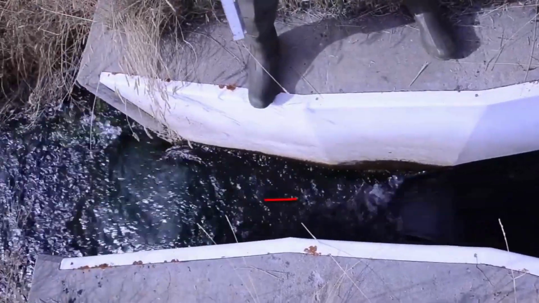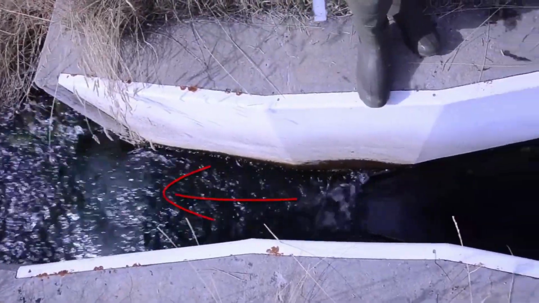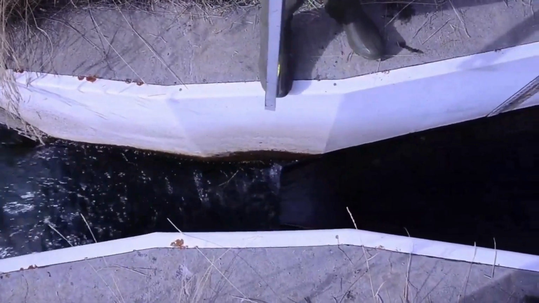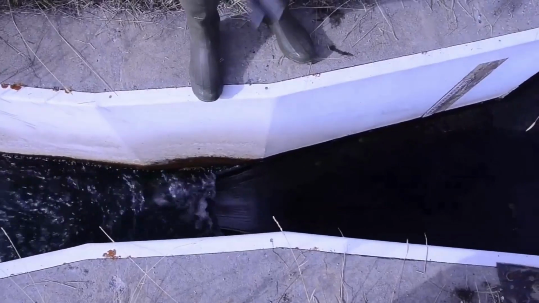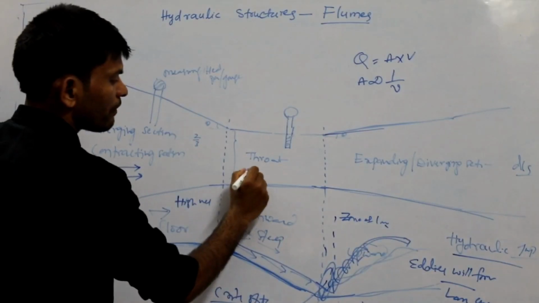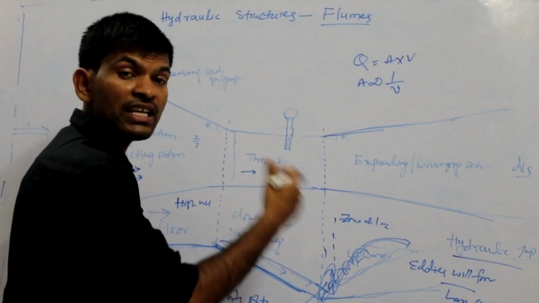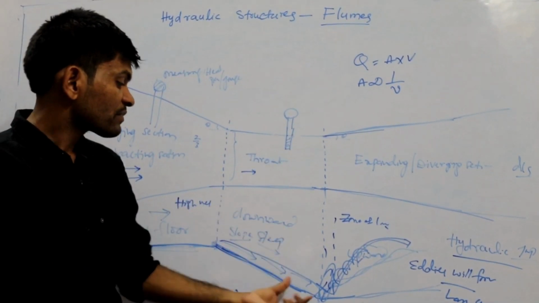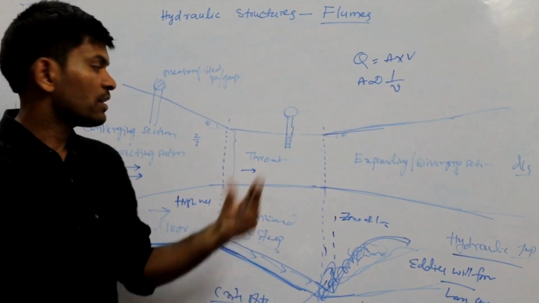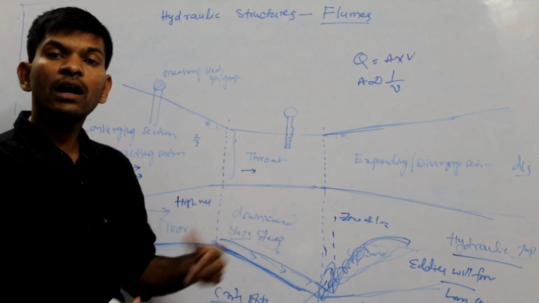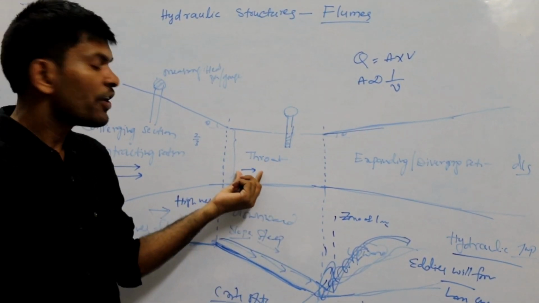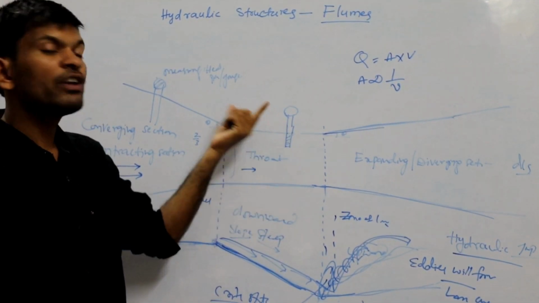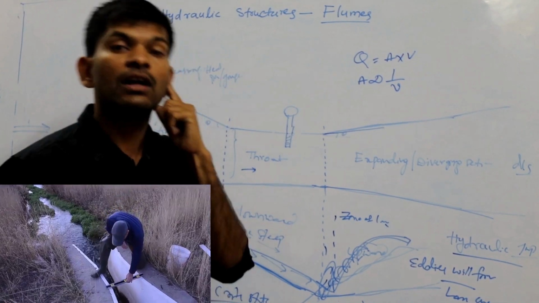Okay, that's why when the area is very small in this condition, and here the area is very large, the water is coming with high speed. Again, the velocity increases. That's why if any sedimentation or clogging is there, due to this high speed, the clogging and sedimentation will also be removed. And this is the major advantage of your partial flume, that it will work under sediment conditions also.